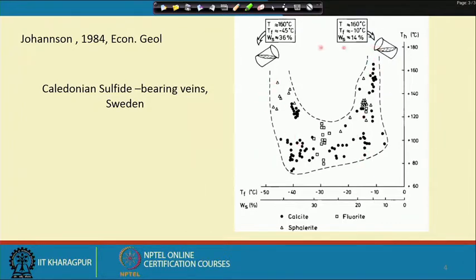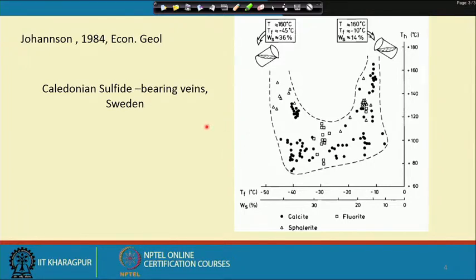in terms of mixing of two fluids, as shown by the fluids in two beakers at identical temperature, with one component having salinity as high as almost 36 weight percent NaCl and the other 14 weight percent NaCl, these being interpreted as two different types of fluids. Now when we get such mixing trends, it is definitely a subject of debate as to what origin or ancestry we would assign to these fluid components when there is a mixing.